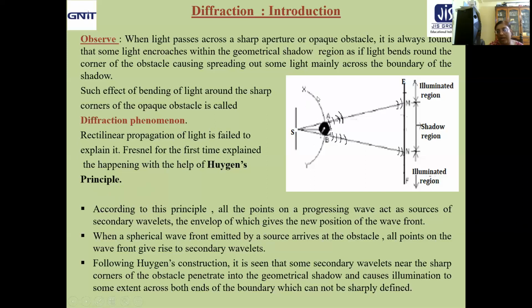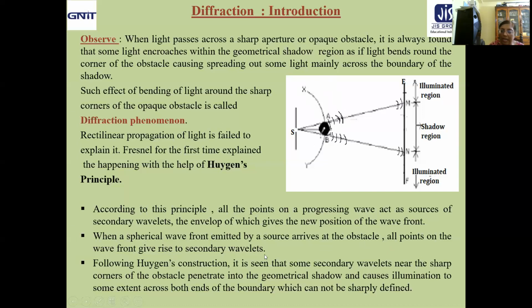That means if you consider this is the wavefront, each and every point on the plane of the wavefront will be considered as sources of secondary spherical wavelets, and the envelope, if you consider them like these spherical wavelets. Now, if you draw the envelope, what you will find? The position and shape of the next wavefront.